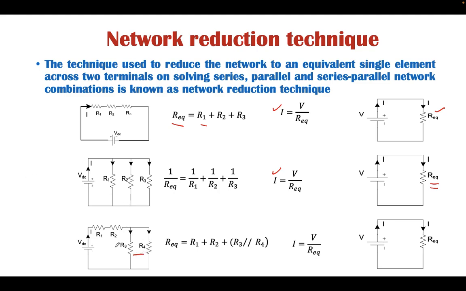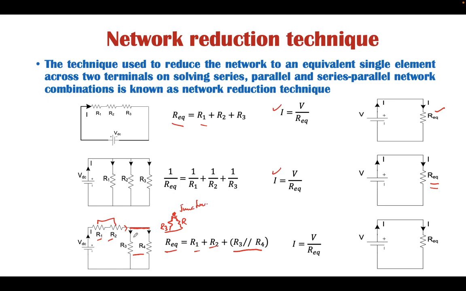These two elements are in parallel, whereas these two elements are in series. If we reduce the parallel combination of these two elements and then sum up with R1 and R2, it will be the R equivalent: R1 plus R2 plus the parallel combination of these two elements. These two are in parallel because this junction can be considered as only one point. This is R3 and this is R4, and at this point these two elements have different currents, and this is nothing but a junction.